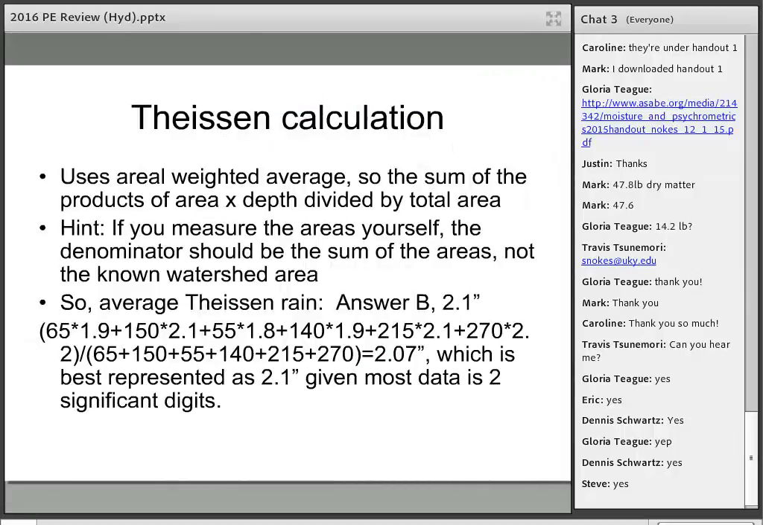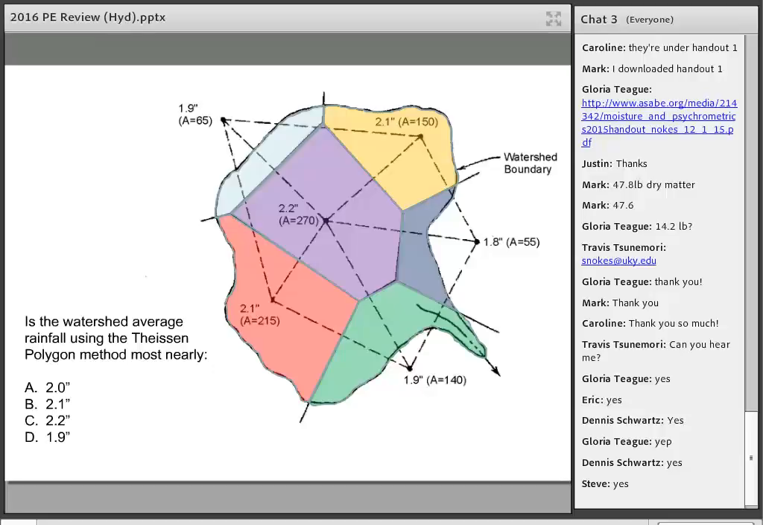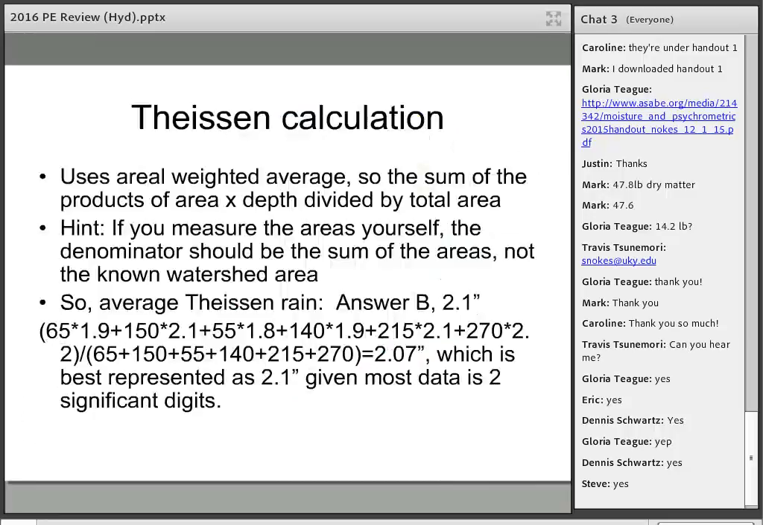The 2.1 in the middle, actually the 2.1 in the upper right, has a much bigger area, so you're multiplying by 150. The 2.2, which is actually wrapped around the corner here, has the biggest area at 270, and what you're doing then is you're weighting each